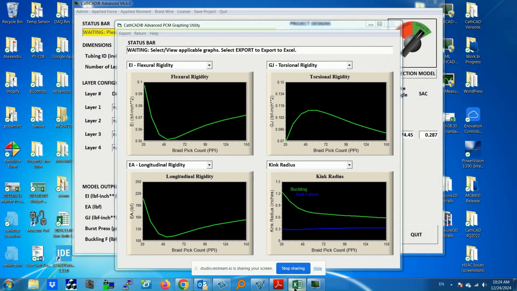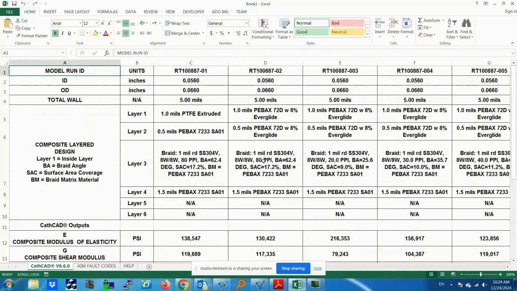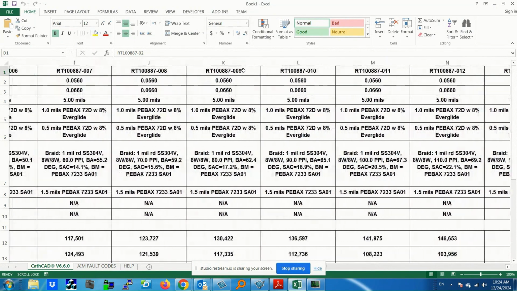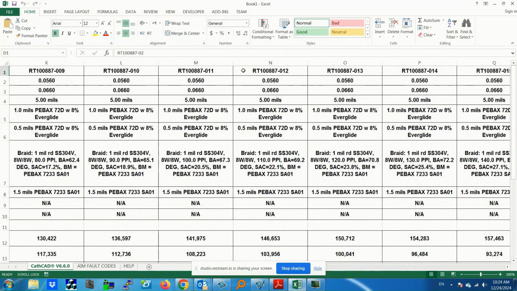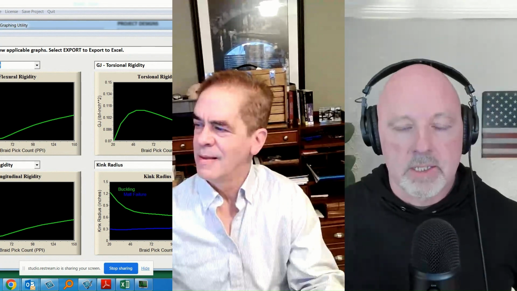Interesting. Just very quickly, you want to see the Excel. So again, we had 2 models before, and now here's all our models, all stored for the user. So again, we've saved the user a lot of time not having to write things down. Wow. And just like you change the pick count,